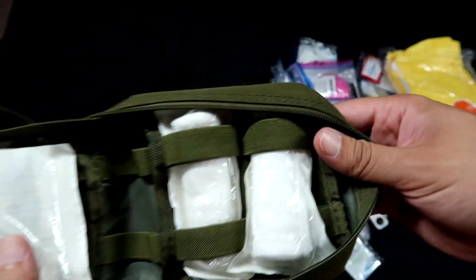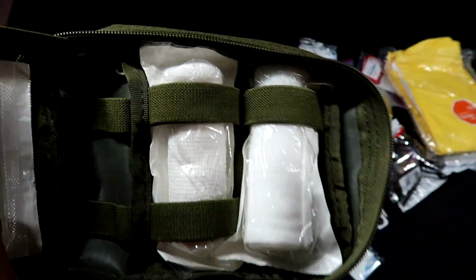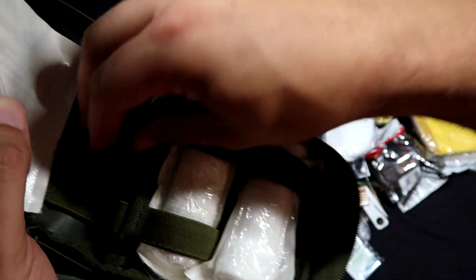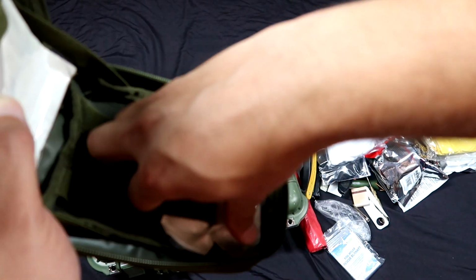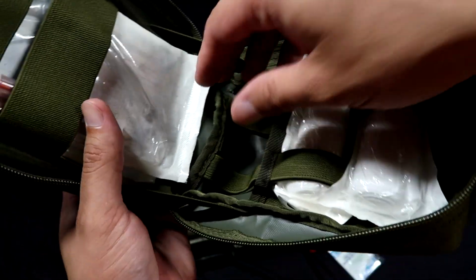Then in here, it's got two roller gauze bandages, because you could also use those to make a pressure dressing if you need to. Got a couple of swabs and stuff like that in there. Then on this side,